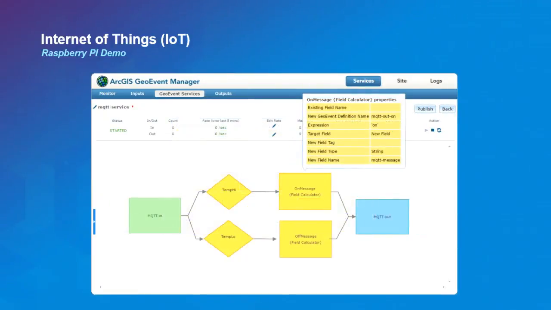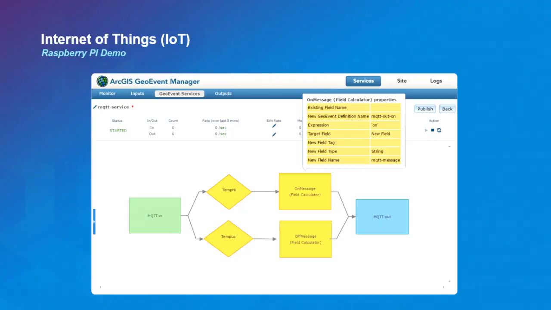And here is the second service, which controls the LED light on the Raspberry Pi. Similar to the previous service, we used an input to receive temperature updates. We then used two filters to set a temperature threshold. When the temperature is above a certain value, we use a field calculator to put the word on in the output event.